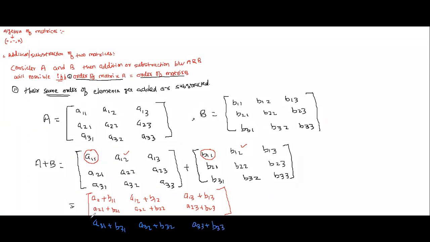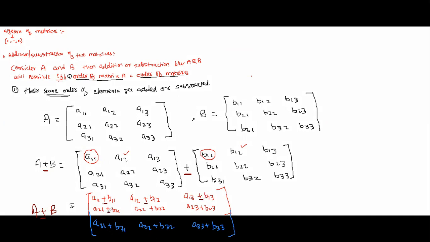So this is the addition of these two matrices. Now suppose in this question only, we have to find the minus. So this is basically A plus B. Now if I have to find the minus here, you have to put a minus here. Then the final answer for A minus B will be, you have to just subtract these two corresponding elements.